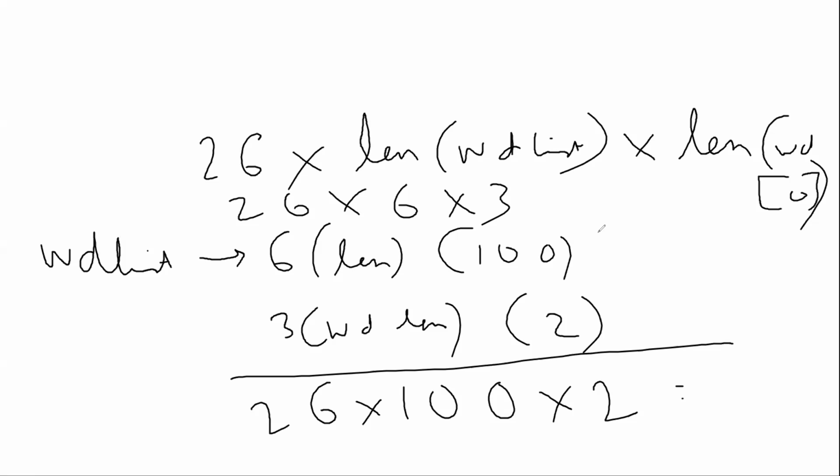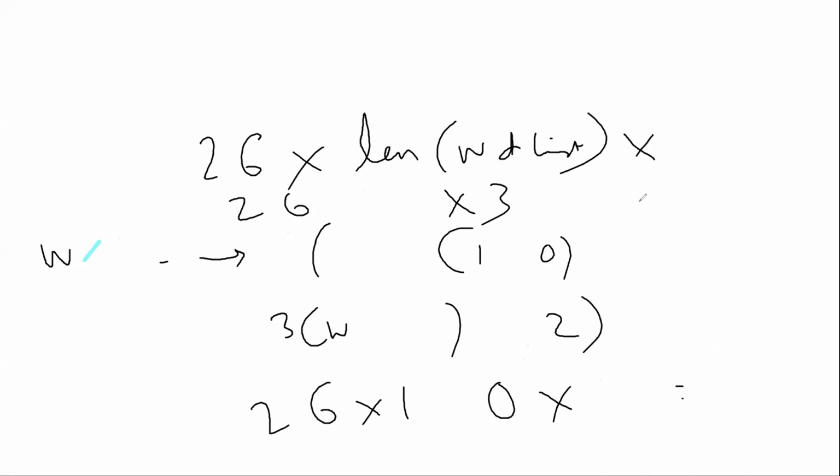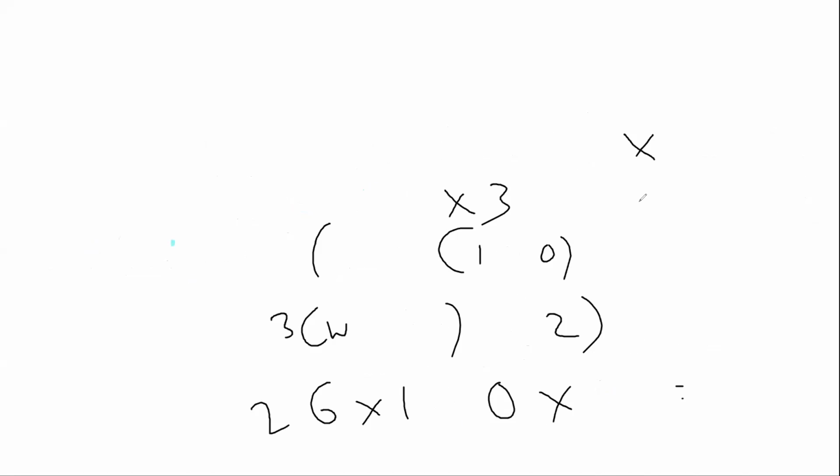I just got an idea. Instead of taking all 26 alphabets, first we go through the word list and make a hash map of all the characters present, and then iterate only over those characters. Yes, that will also reduce it. So you are saying just use a hash map, like creating the adjacency list. That is what you're trying to say.